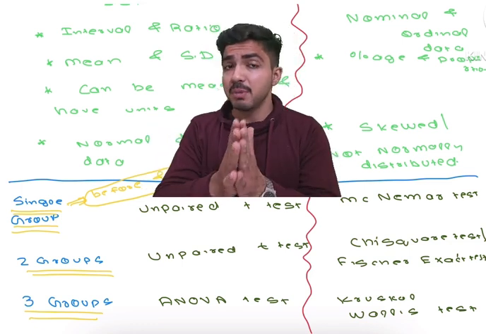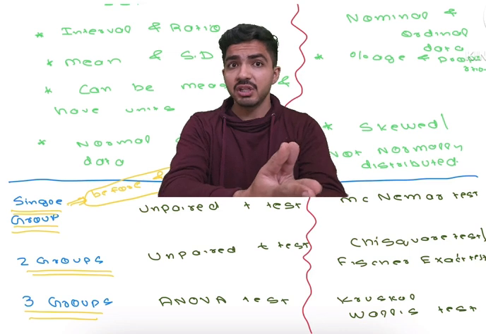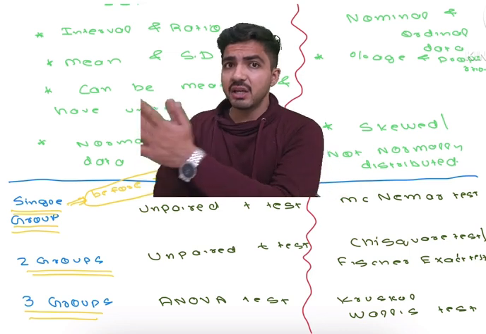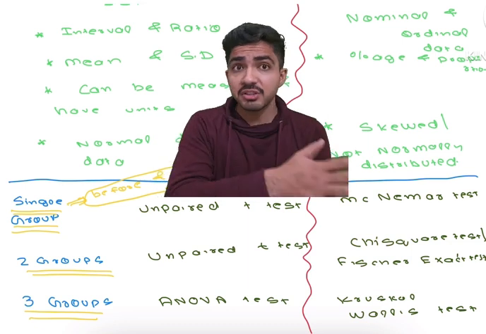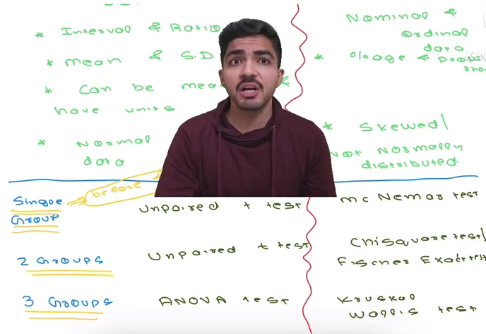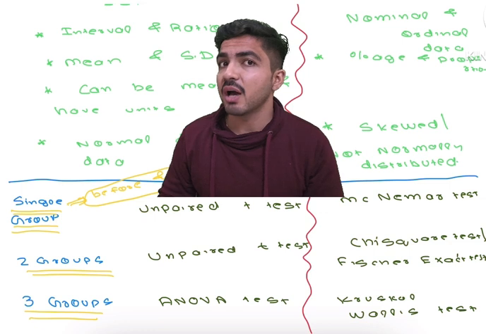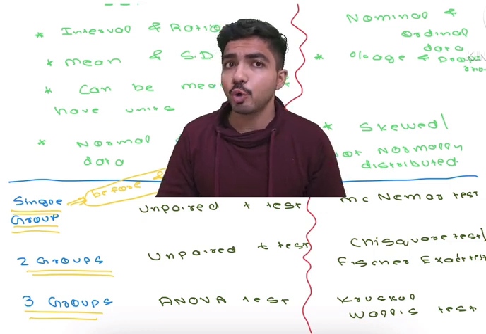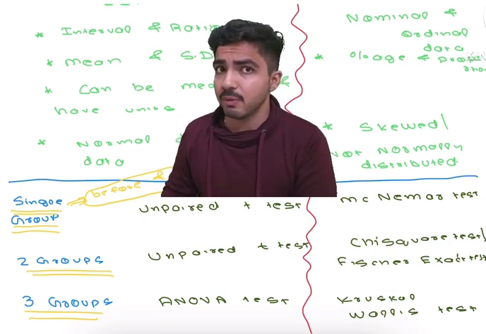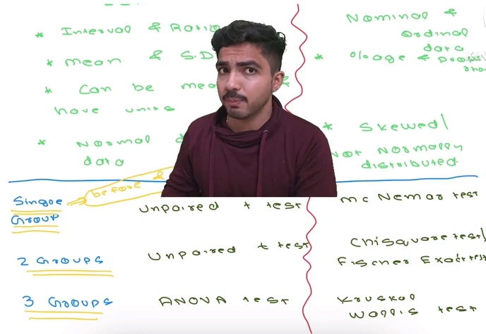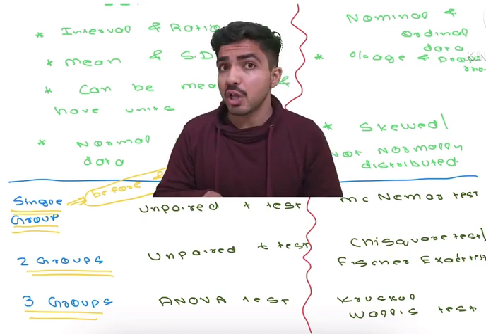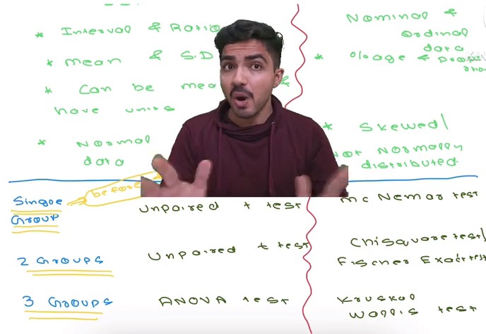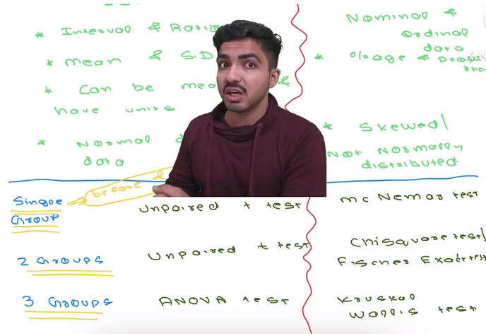The groups means the dengue patients, cholera patients, and typhoid patients. In the previous case I was comparing hemoglobin, but in this case I am comparing the anemia. For anemia, I have to calculate the proportion, the number of anemic patients and non-anemic patients. In case of hemoglobin, I can calculate the mean value. So hemoglobin was quantitative data and anemia was qualitative data.